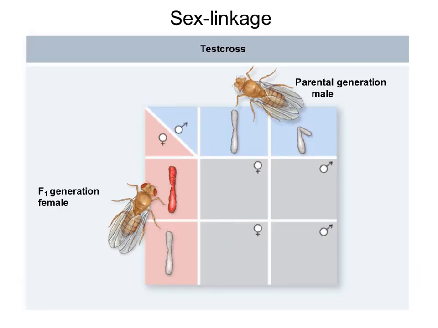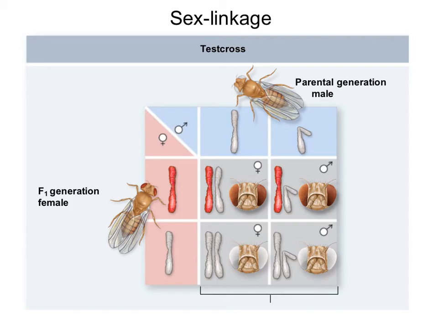Now, what would happen if the female is heterozygous and the male has white eyes? So here again, the female will give half of her offspring the normal X chromosome, and the other half will receive the abnormal one. For the male, he will give his daughters the white eye X chromosome, and to the males, he will give the Y chromosome that has no genes for eye color. As a result,